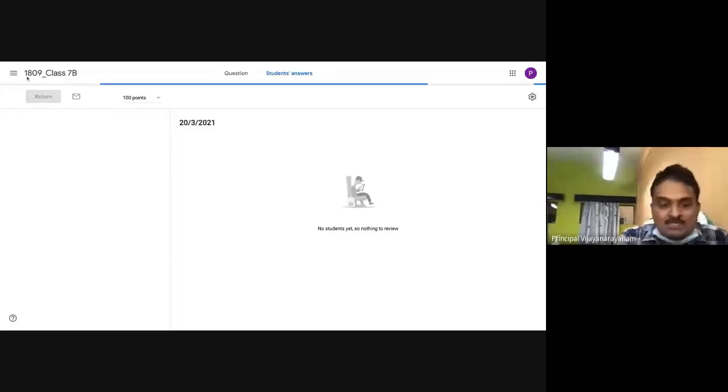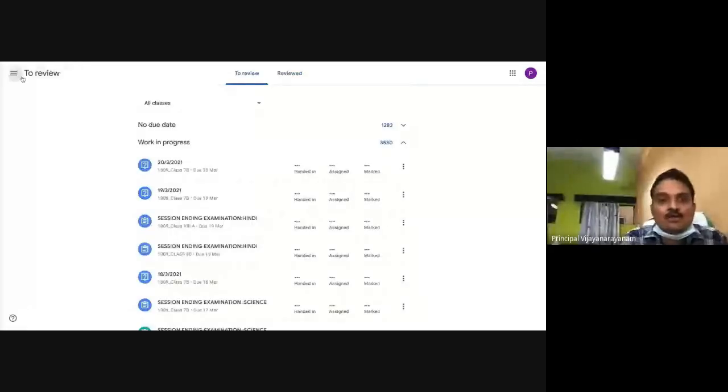Let me explain why these steps are important. I will brief you while it loads. The matter is related to the ownership of the documents. If you simply delete any work submitted by the students, the ownership is with you, the teacher or the class teacher, whoever is handling it. The moment you delete it, the student also loses his work.